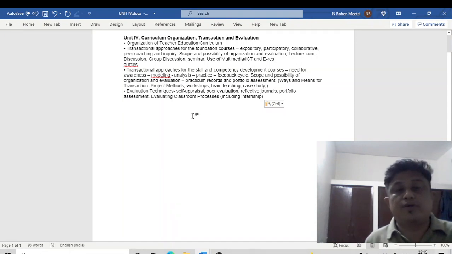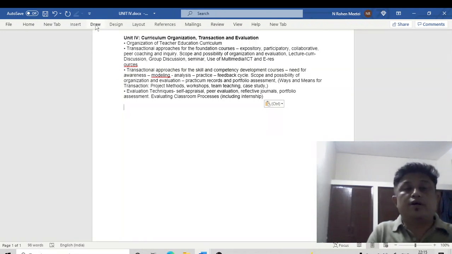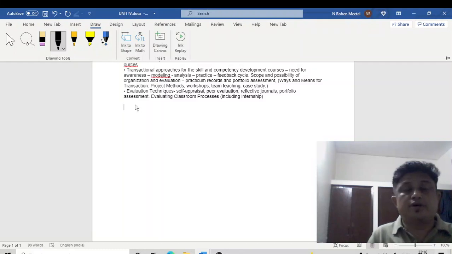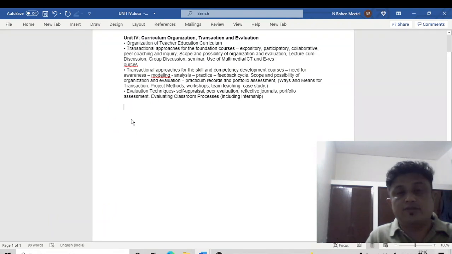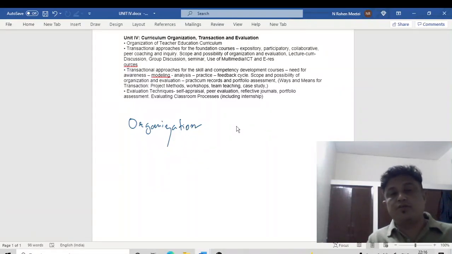But today, what I wanted to discuss is the organization of teacher education curriculum as a part of the discussion of Unit 4. And in this context, we need to understand two things very clearly. One is organization. Organization obviously has lots of implications and meanings. Second part is teacher education,